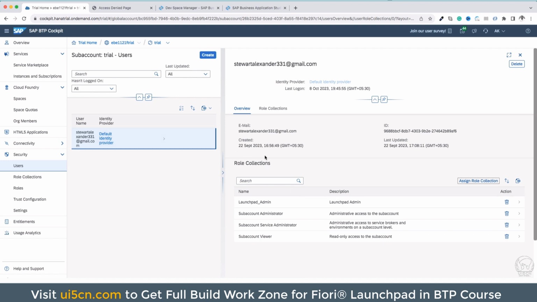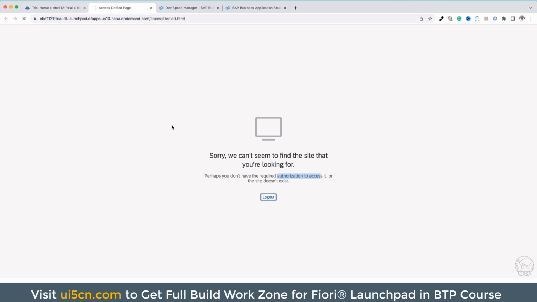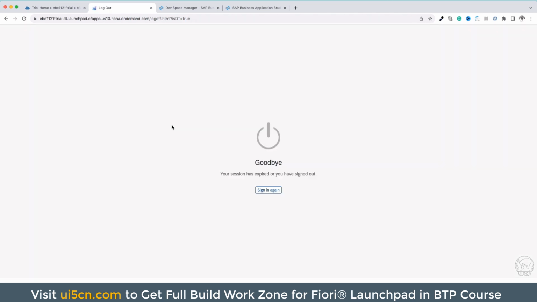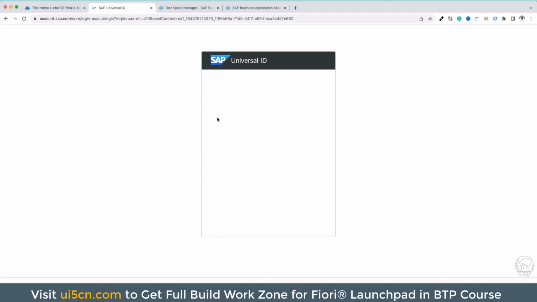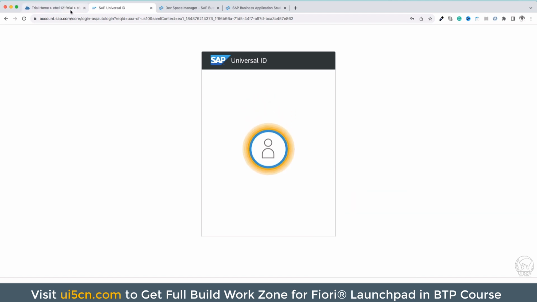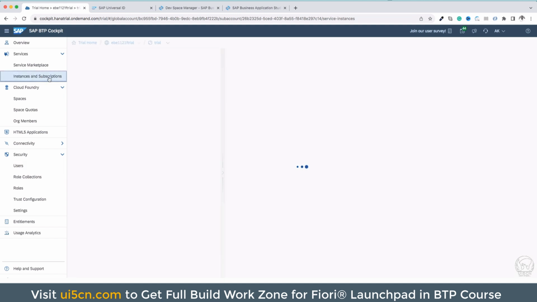And what we are going to do is log out and log in again. So whenever you have provided a new role, it is required to log out and log in again for that particular role to actually get activated. So I can sign in again, and this time I'm going to use the SAP BTP credentials from which I have created the trial account to log in. And I logged in. So I will switch to the instance and subscription tab,